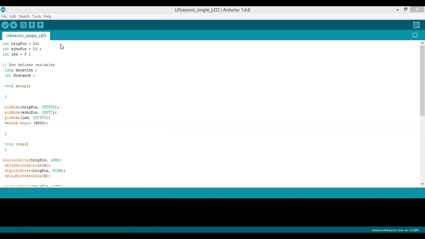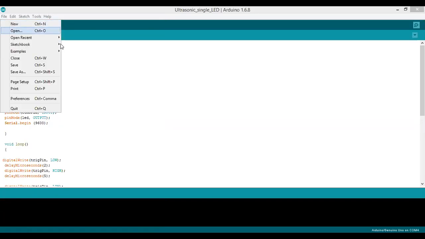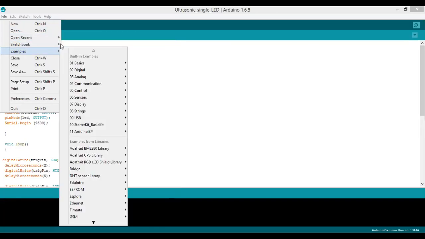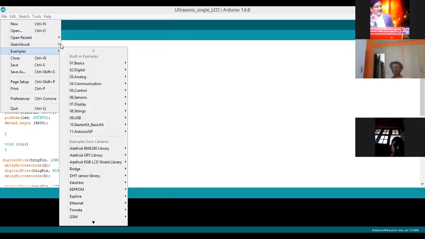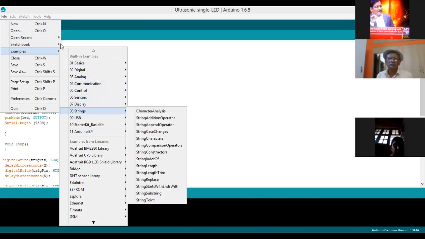You can see the related programs and all will be available here. You can select some other examples, the digital and so on, the analog related. So over the period, you will come to know which programs are available and which program can be used for different applications and all.